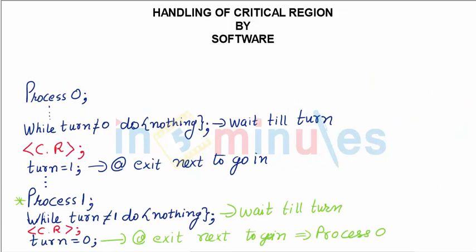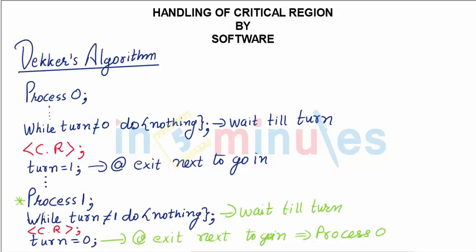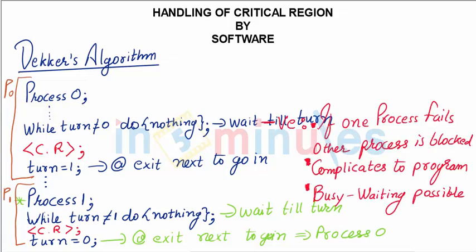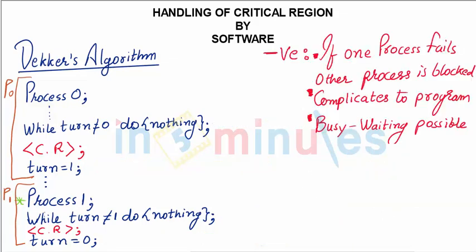This algorithm does suffer from some drawbacks. What are the drawbacks and how it is going to work? Okay, let's try to understand that also. This particular part of code is for process 0 and this particular part of code is for process 1. There are drawbacks which need clear understanding. So continuing, as we can see the algorithm, there are certain drawbacks to talk on.